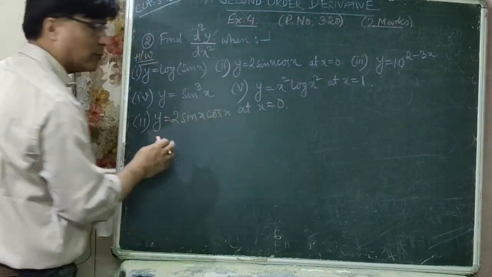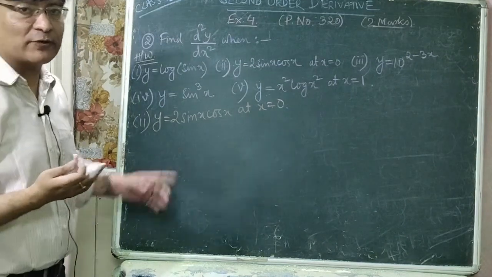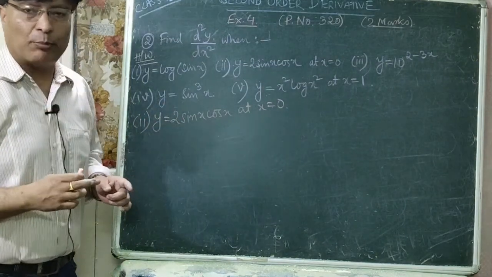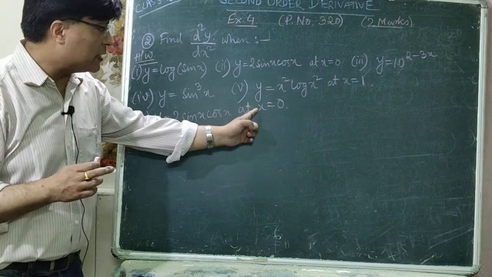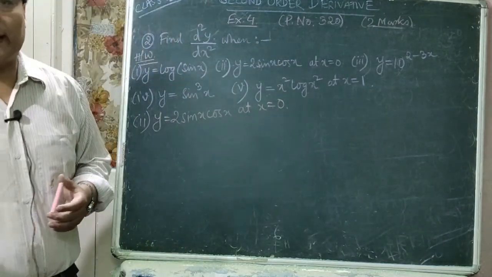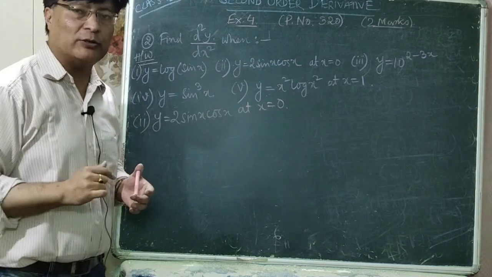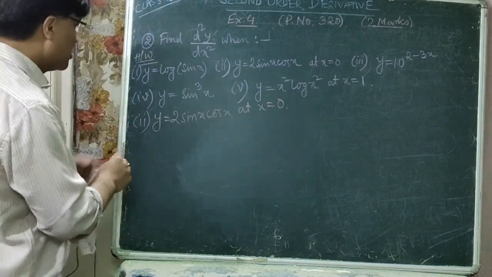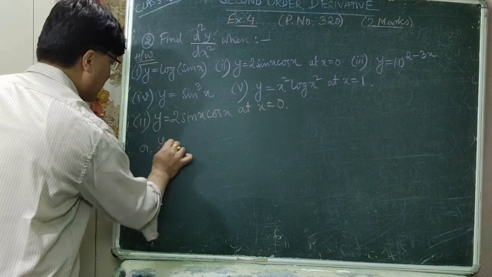2 sin x cos x भनेको multiple angles मा छ formula. You know that. What is the formula? It is sin 2x from multiple angles in trigonometry. त पहिला x is equal to 0 हाल्दैनौ. First of all, you get the value for d2y by dx square and then you put x is equal to 0. Is that clear? So now first of all use the formula y is equal to,